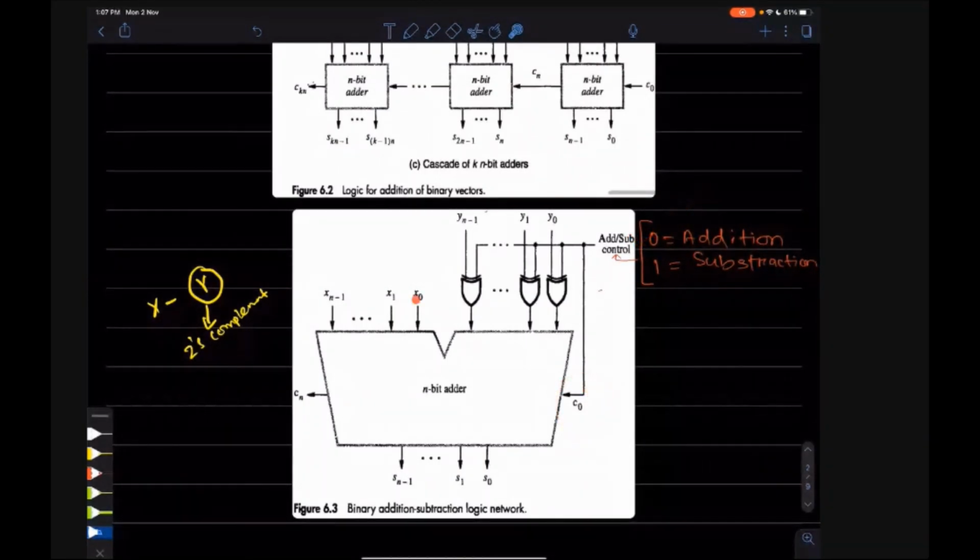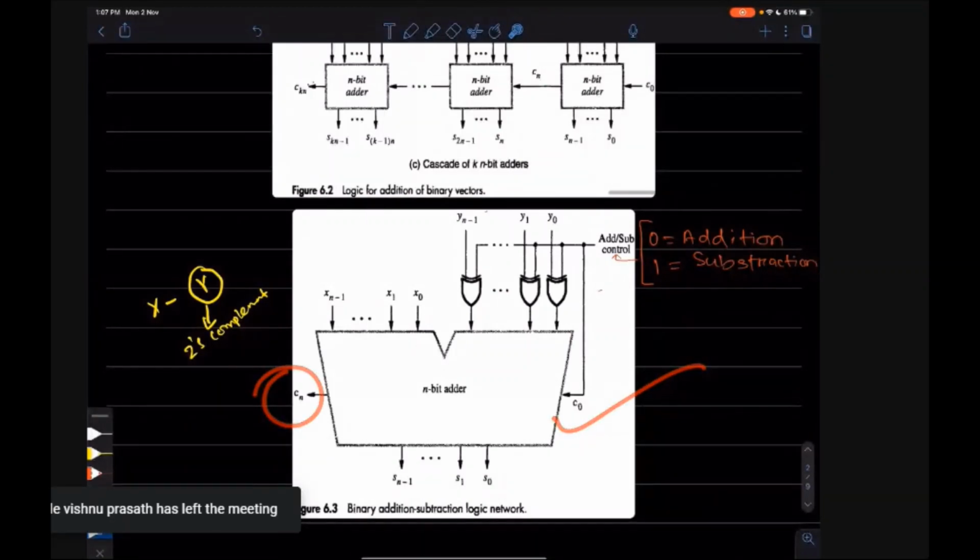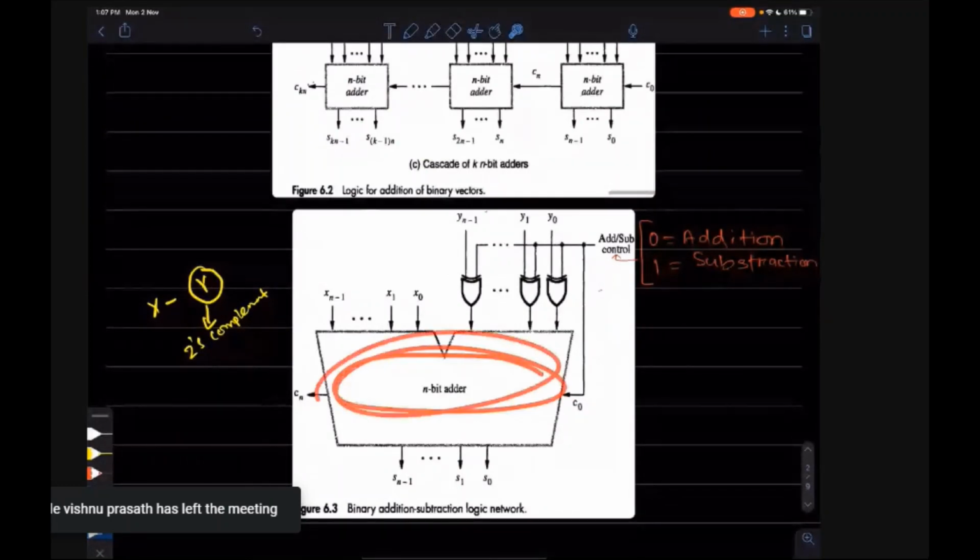Whenever we give the x and y values, at the same time we also give the c0 value. So the x value is known, the y value is known, and the c0 value is also known. Everything is known, so the carry value can be calculated without waiting for all these additions.